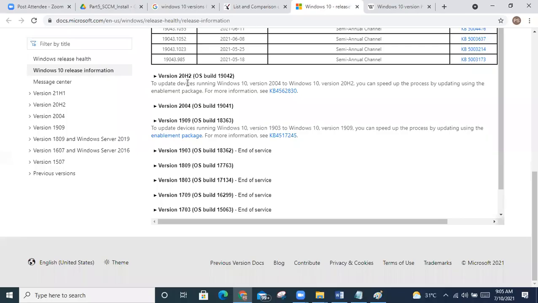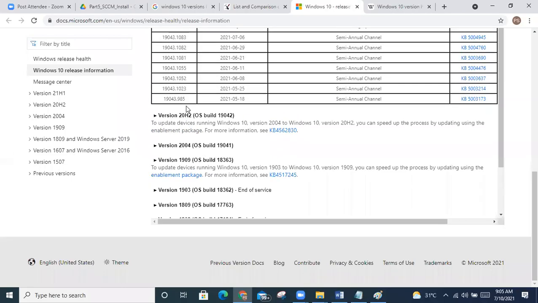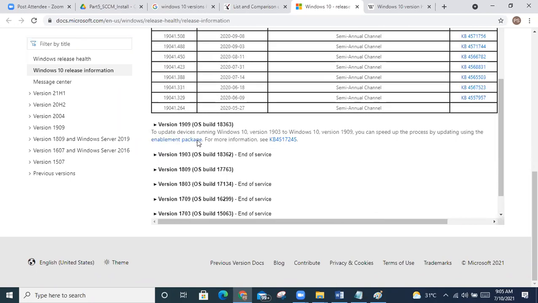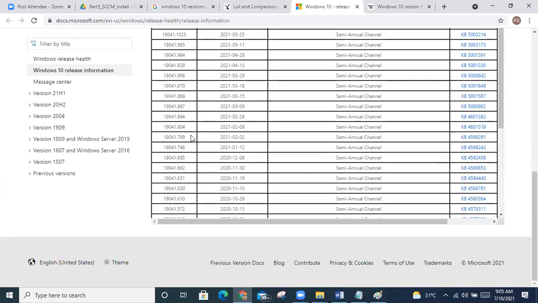Now they're changing the name, so instead of the month they simply put H1, H2. Is it clear? From 2004 in the release of 2020 they're releasing like this. So what will be the next version after this?